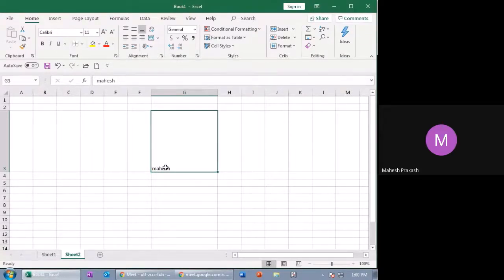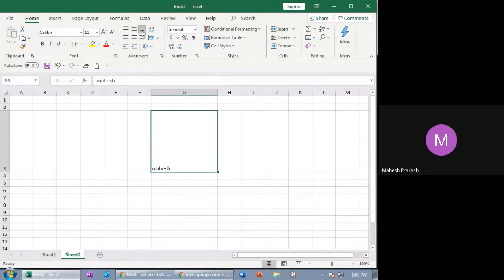Now there might be a requirement that you want the name here in the middle and center. With these alignments, you can bring it to middle and center. See here, this is top align. When you click on top, the word Mahesh will go on the top of the cell. And this is middle align, so it will be in the middle.